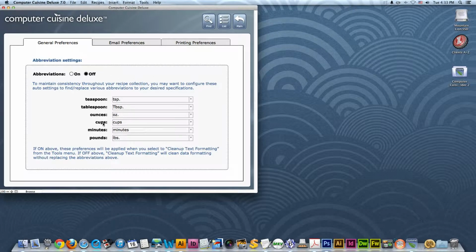So once you perfect how you like everything to be displayed, you can just simply turn this to on. Now, this defaults to the off position because I wasn't sure everyone would like to utilize this feature, but that's why I'm making this video, so you can decide if you'd like to use it. So I'm going to go ahead and now turn this on, and we're going to go back to this main